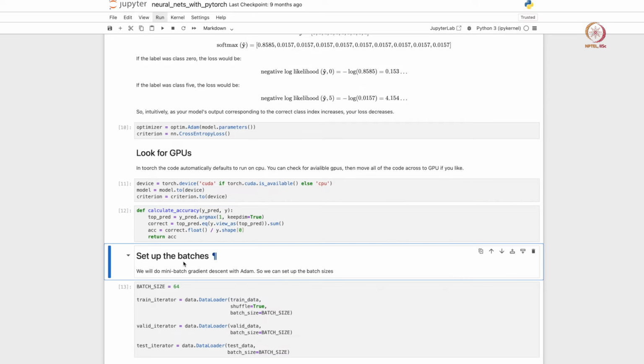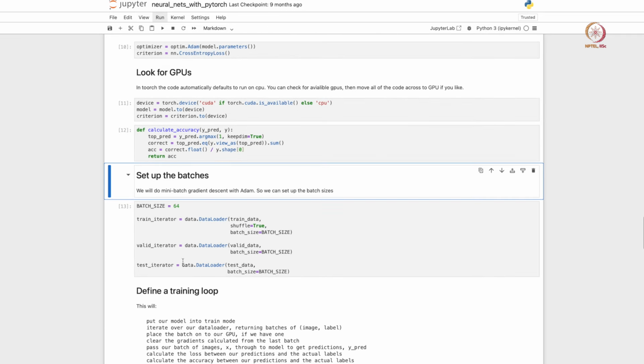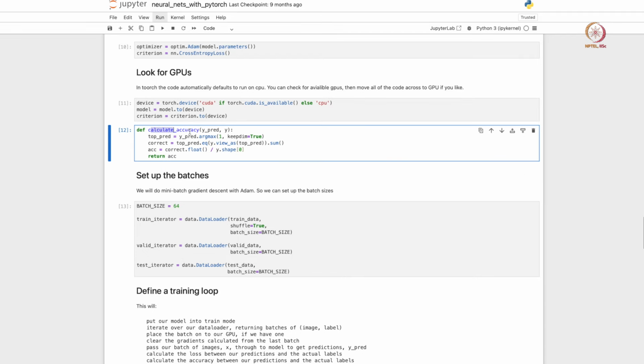Okay, and then we need to declare a few more functions. For example, accuracy as a metric is actually not trivially available within any of the inbuilt PyTorch modules or packages. So we declare a separate function called calculate accuracy.